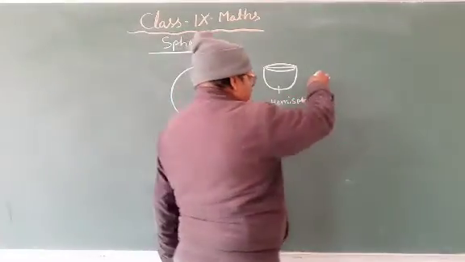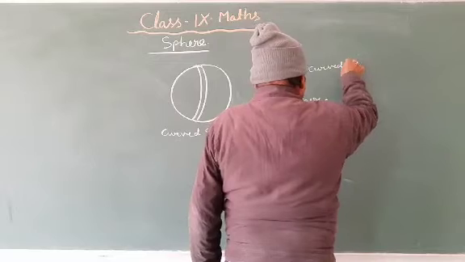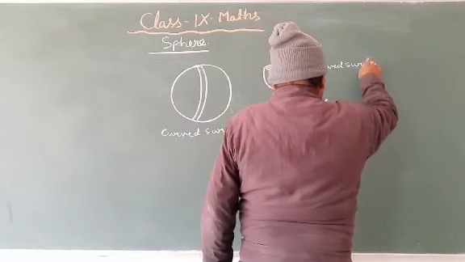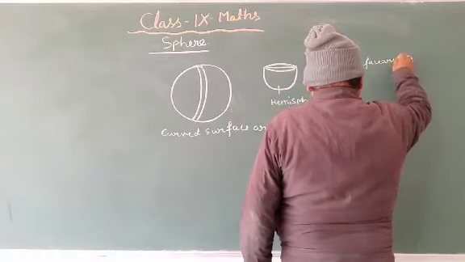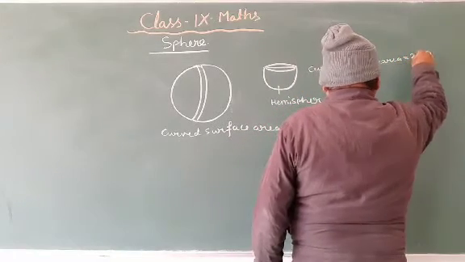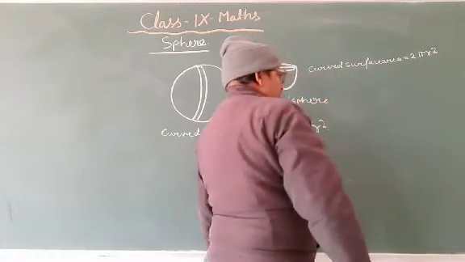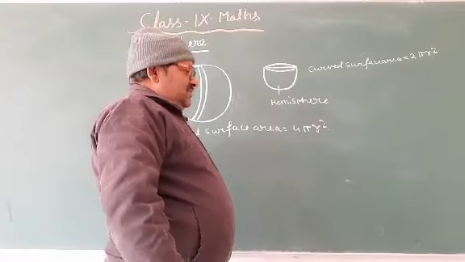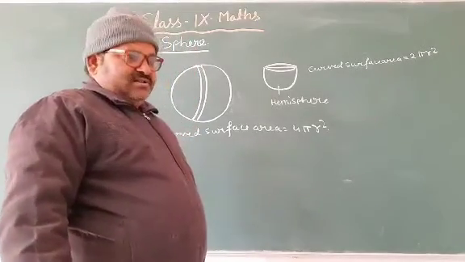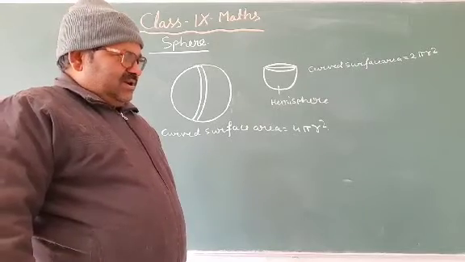The curved surface area of a hemisphere is equal to 2 pi r square, and the